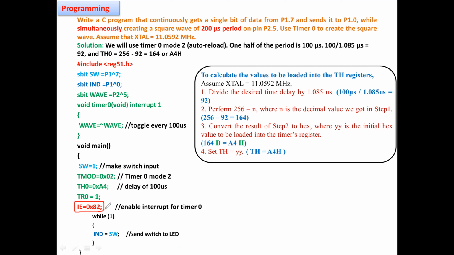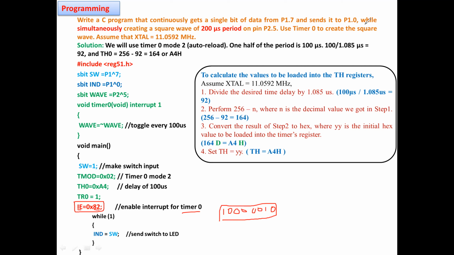Why? This is very important. See here, the value is 82. You can put FF so that all the interrupts are enabled. Otherwise, you can specifically mention what the value should be. In this particular register, bit number 7 will be 1, and the rest everything will be 0. Particularly at the place of bit 1, you have the timer 0 interrupt. That's why they are placing 82 here. We are enabling this interrupt.